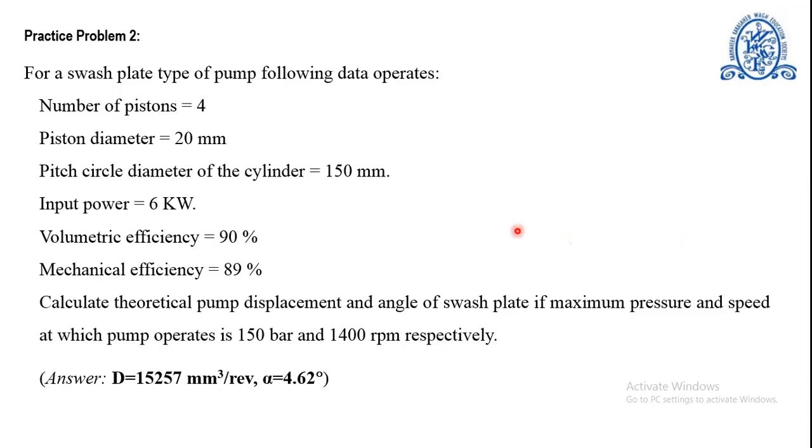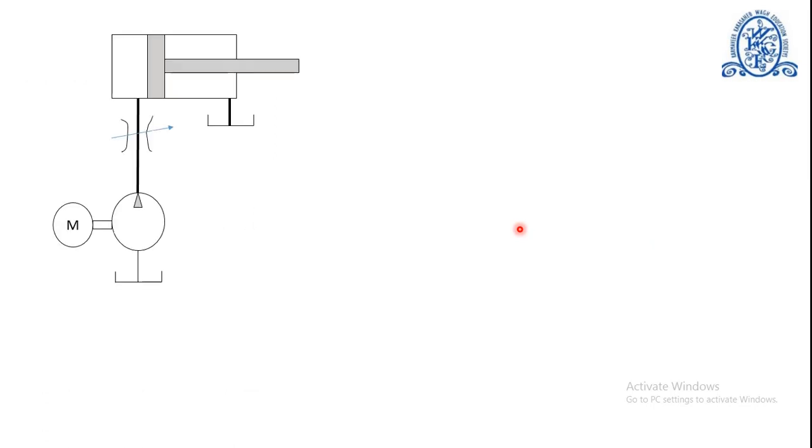Now you can try to attempt to solve this particular practice problem. If you refer back to our previous problem in which the pump discharges 20 liters per minute and the system requirement is 7.85 liters per minute, using an axial piston pump, we can set appropriately the swash plate angle alpha to get the desired flow rate of 7.85 liters per minute, and therefore the need of a flow control valve is eliminated.